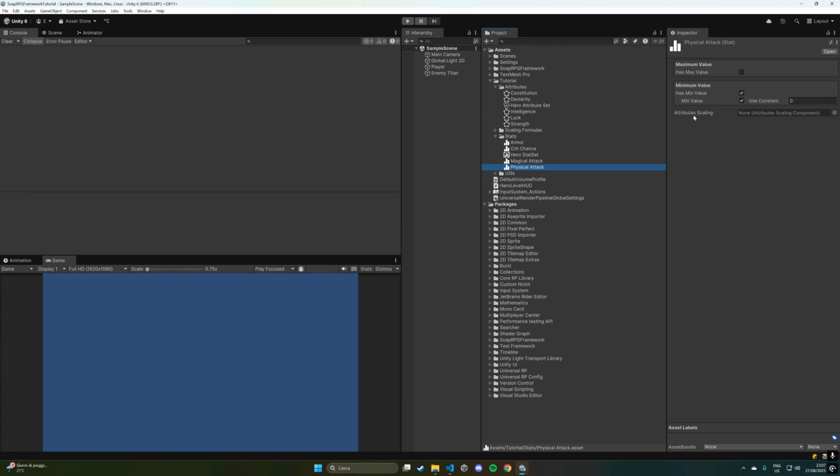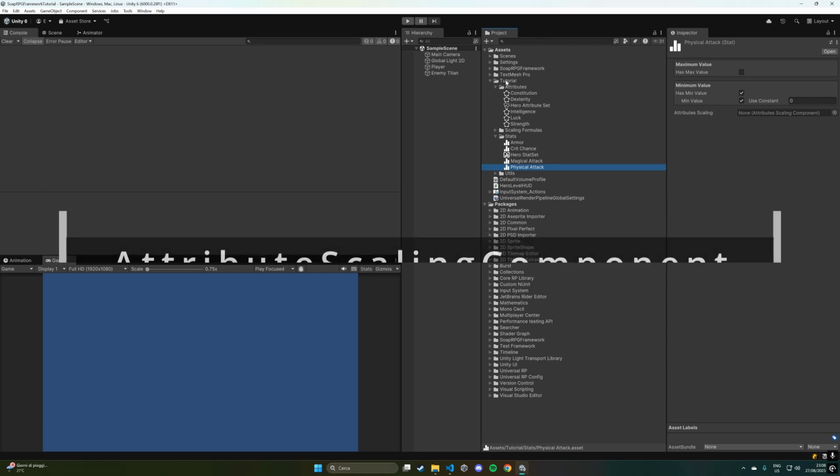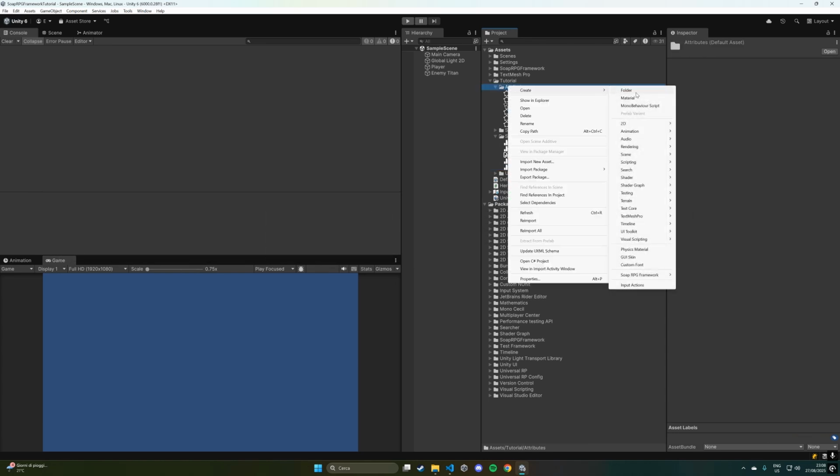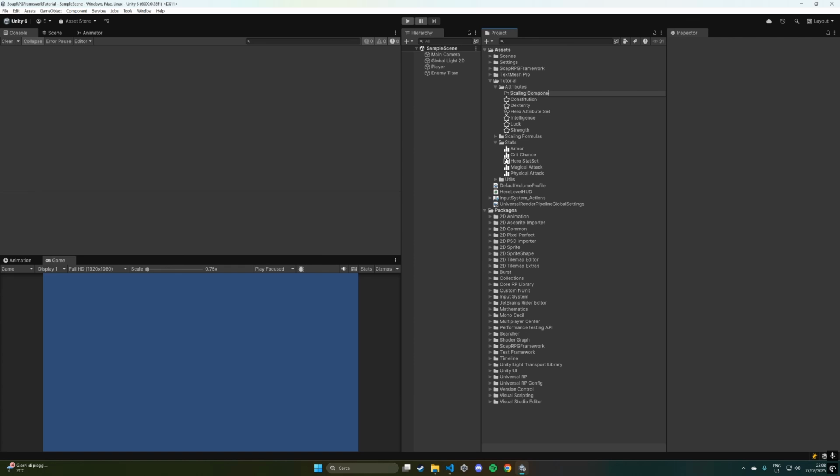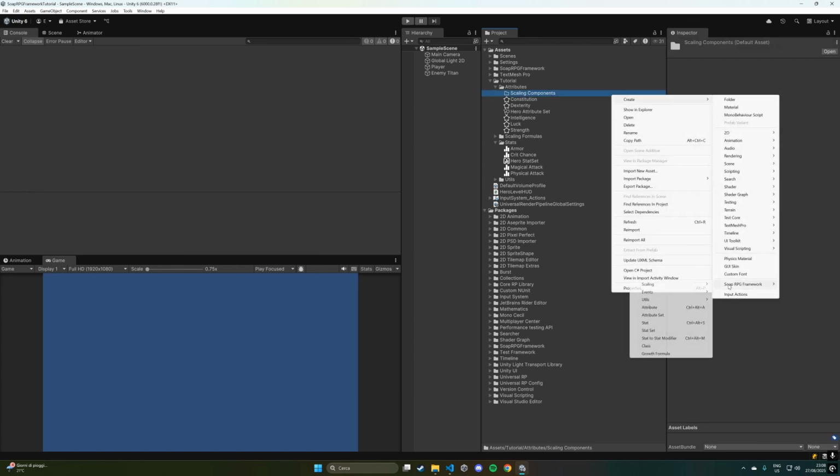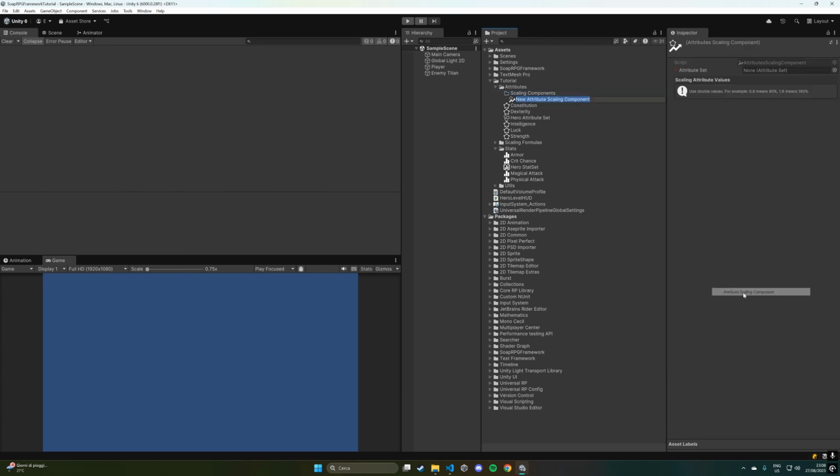If we take, for example, the physical attack, we can see that there is this attribute scaling parameter that we can provide that is of type attribute scaling component. And we haven't seen scaling components in general. We will be dealing with them in the scaling formula videos. But for the sake of the tutorial, we can just introduce briefly the attribute scaling component. So, for example, I can put here a scaling components folder, and I can create here SOAP RPG Framework, scaling, attribute scaling component, and we can define here physical attack